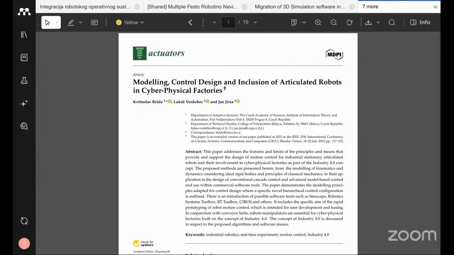Then we have the cyber part. Cyber part means the digital side, right? The software models, communication networks, everything is connected. And in a cyber physical factory, everything is connected. Okay. So now we are discussing articulated robots, right? What do I mean by articulated robots? For example, in this case,